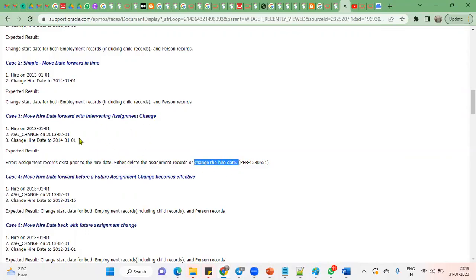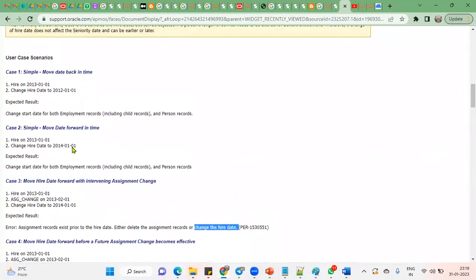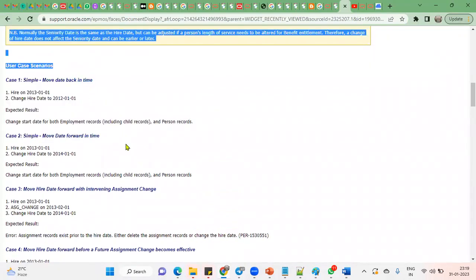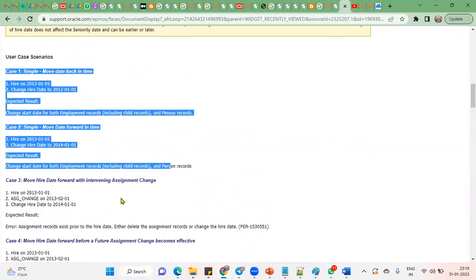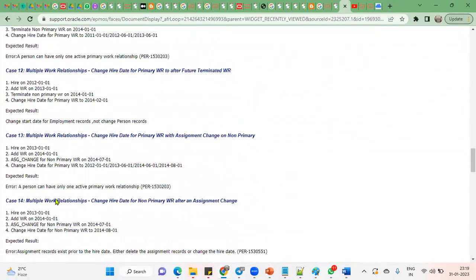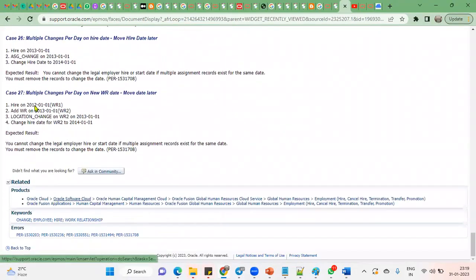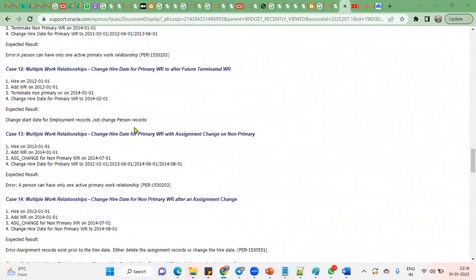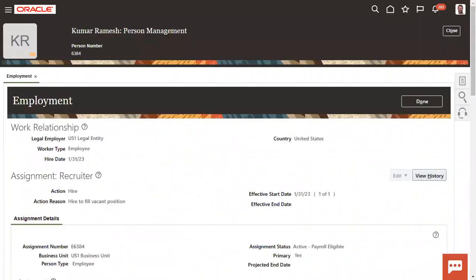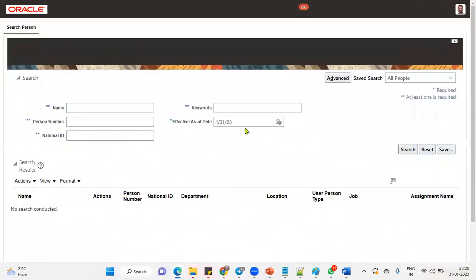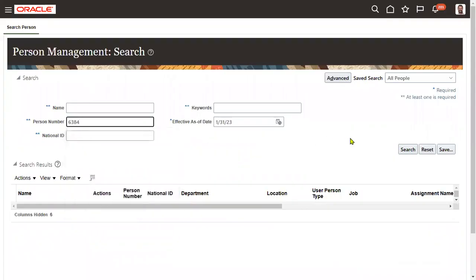I'll make another video for this. In this video, I'm going to take only two use case scenarios. There are around 15 to 16, I think 24, 27 scenarios. I'll try to make it maximum, whatever is possible. But this is how we can do that, the changes for a hire date whenever we are doing from work relationship. Let me take this employee,